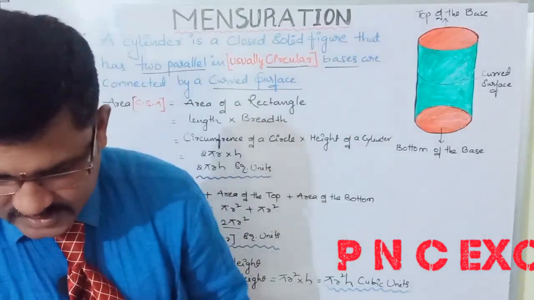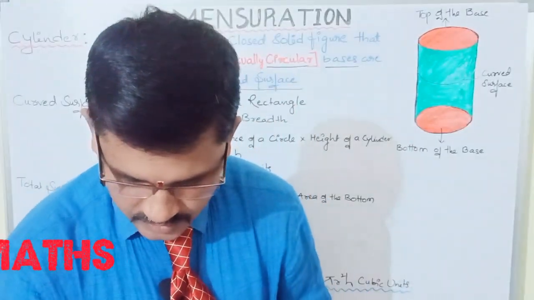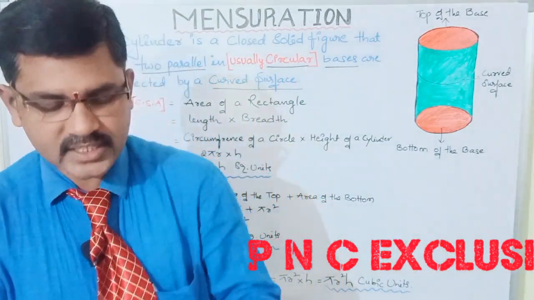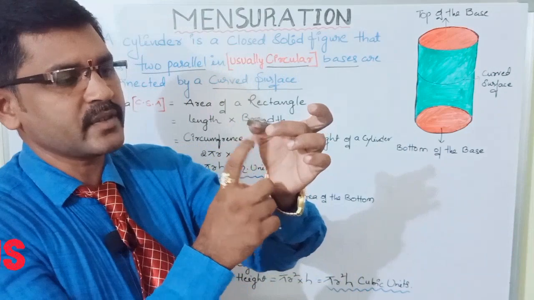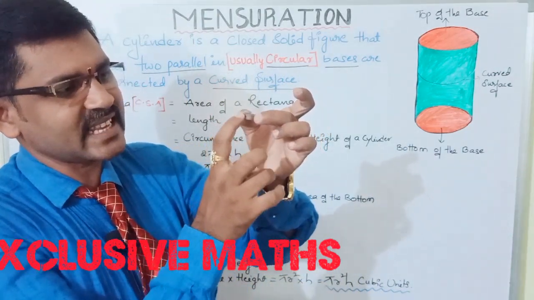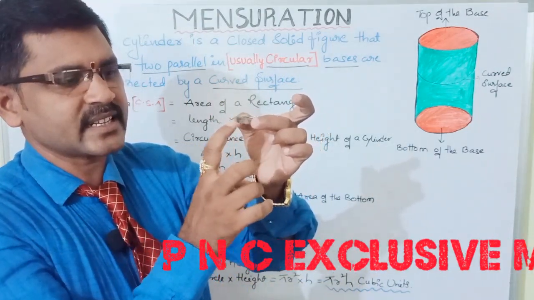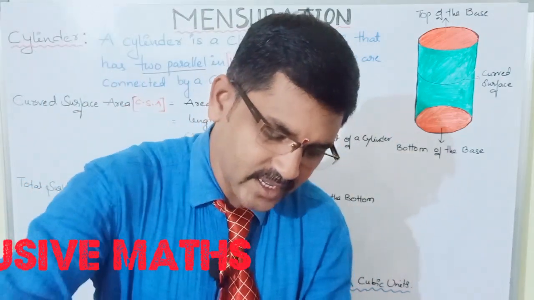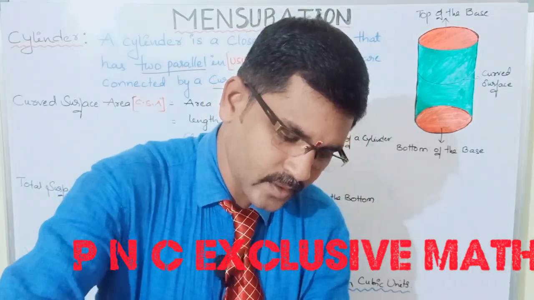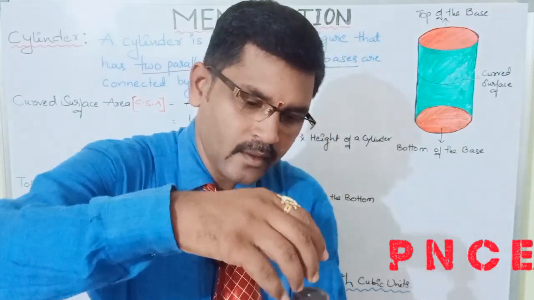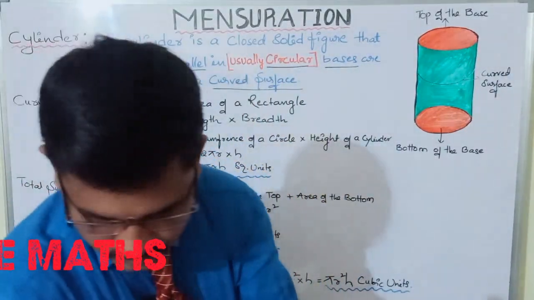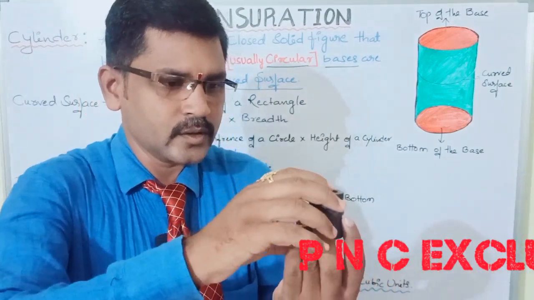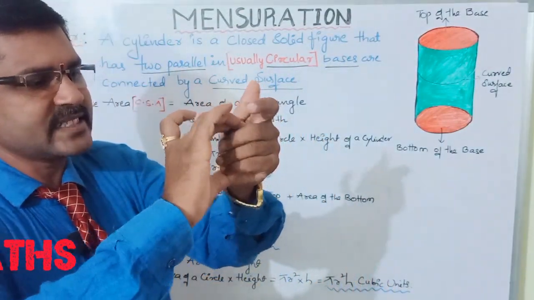Now move on to the volume of a cylinder. Here I am taking some models. We have taken some carom board coins. This carom board coin is the shape of a small cylinder. This is the thickness of the coin, and this thickness is considered the height of the cylinder. Some coins are placed one by one to form a cylinder.